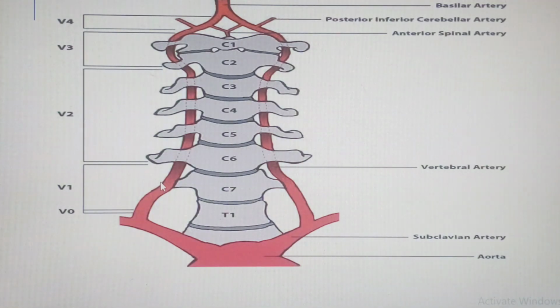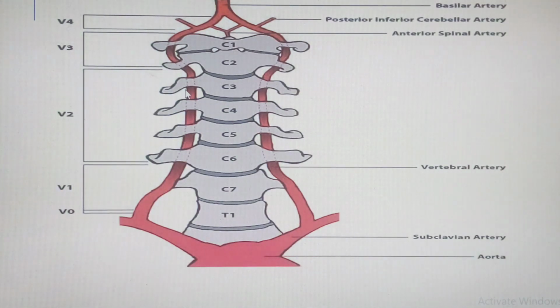But apart from that, it will actually run lateral to what we call the longus coli muscle. Apart from that, it will be medial to what we call the scalenus anterior muscle. So I'll show you all these structures, so it is very clear that the second part is